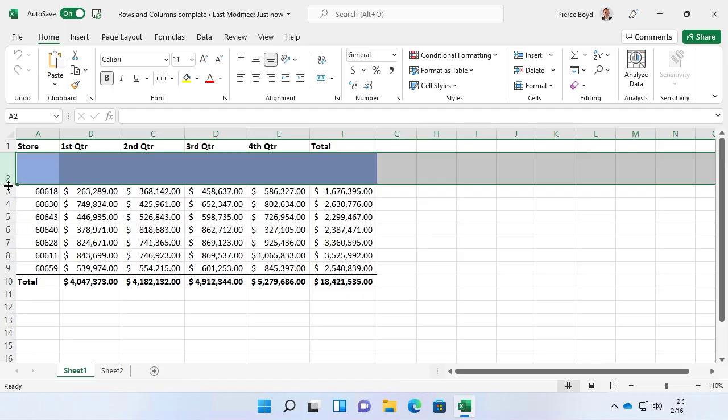I'm going to move my mouse pointer right here between the 2 and the 3. See that little double-headed arrow? When I hold down my left mouse button, notice that it says height 37.50 or 50 pixels. Now, I hold down my mouse and drag it up, and you see I can change the height